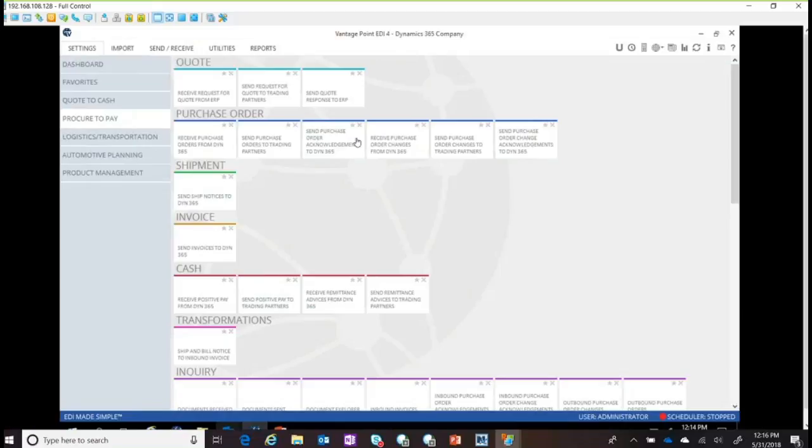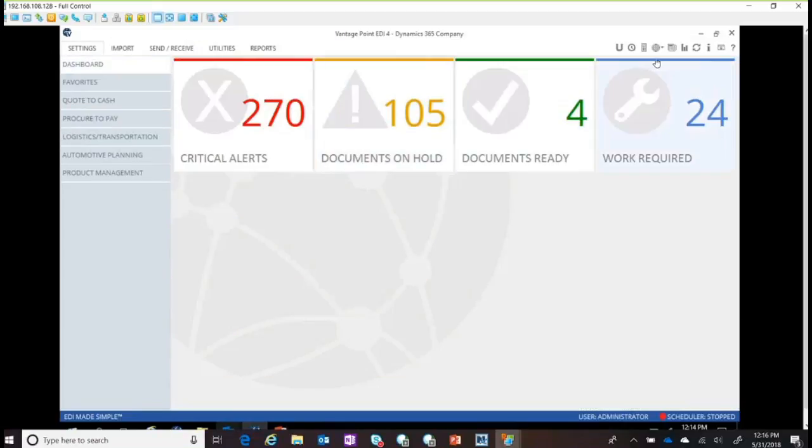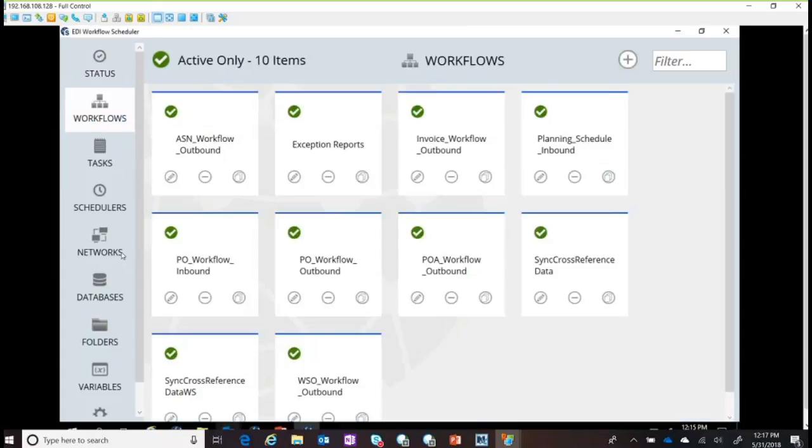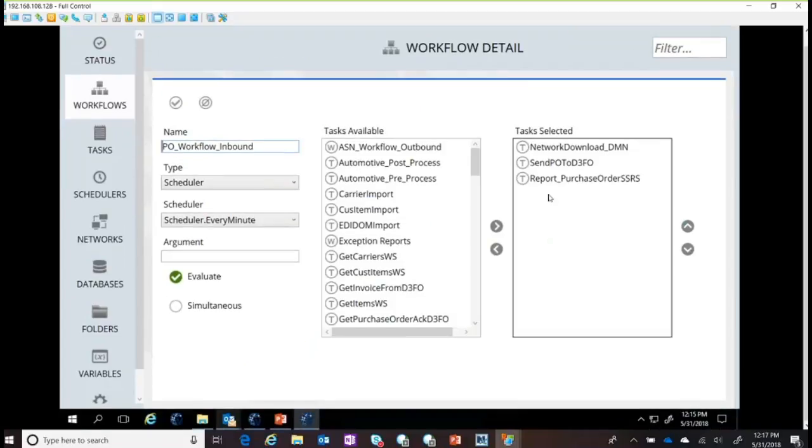And the reason for that is because, as I had mentioned before, we can set this up and have this run in a fully automated fashion. And to do that, we would initiate this first, which is our workflow scheduler. Those workflows mimic all your processes. For instance, here we see the PO workflow for inbound. If you want to process a PO, here's the task that would happen. We'd download it from the network. We'd send that PO to Dynamics 365. And in this case, we'd create an